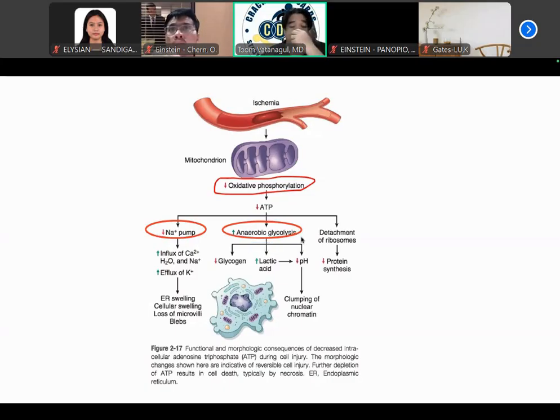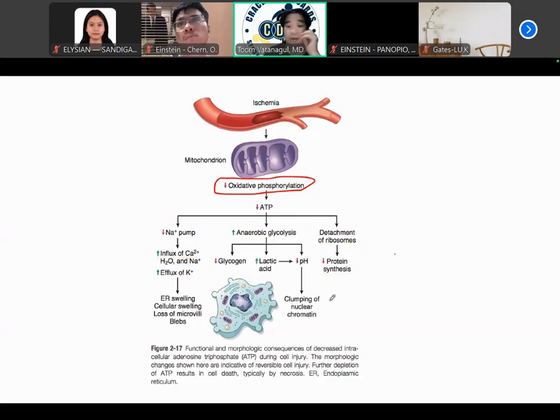Increase in anaerobic glycolysis, which of course the product will now be lactic acid. The ribosomes will now detach. So what happens biochemically? There's going to be a decrease in protein synthesis. Why? Because the ribosomes are detached. There's going to be increase in lactic acid. Why? Because there's an increase in anaerobic glycolysis. And we mentioned the influx of calcium, which leads to cellular death. Okay, so please